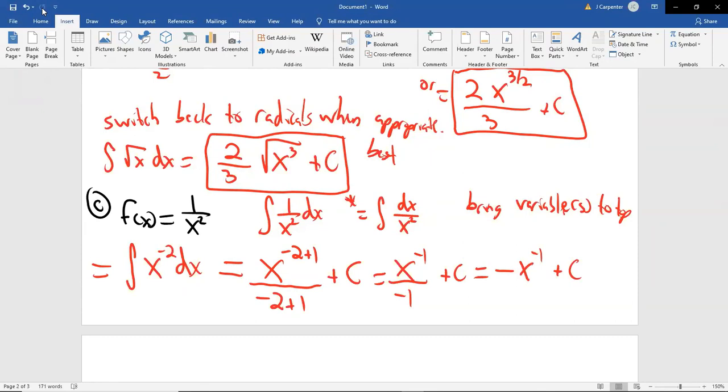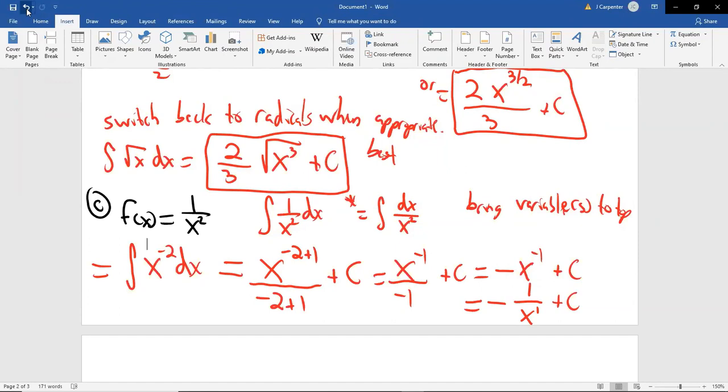But this is bad notation for an answer, and my math lab generally will not accept this. Negative exponents are not very sane. They're not very normal. You need to bring this variable back to the bottom, just like we were doing with derivatives, and change the sign of the exponent. Now this negative is still in the front. So that's what I just wrote here. That's the negative. Now this x to the negative 1 is going to become a fraction, and the x to the positive 1 goes in the bottom. We still have our plus c to the side. There's nothing written in the numerator, which means you need a 1.